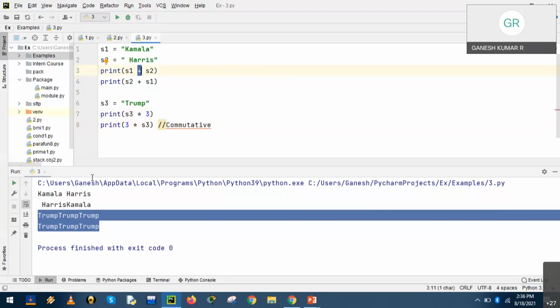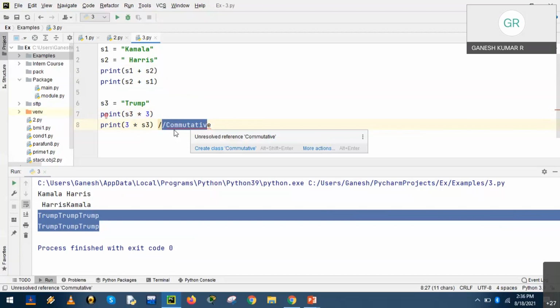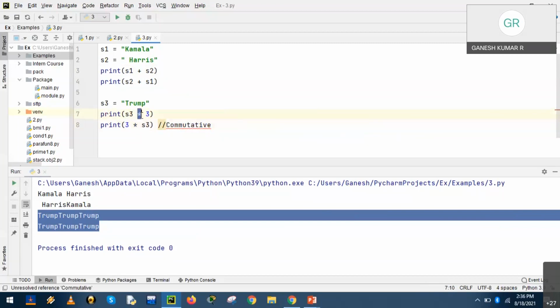It has a different result with different values. Irrespective of the value, the result will be the same for asterisk, which is said to be commutative. So the commutative rule is fulfilled with the asterisk operator.